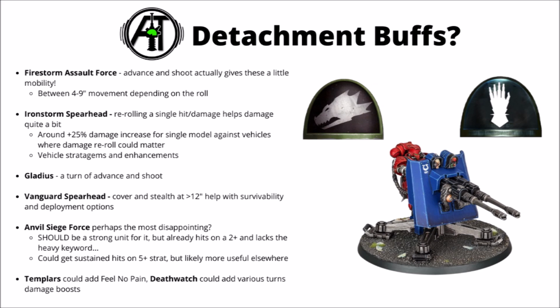Otherwise, Gladius could give a turn of advance and shoot. Vanguard Spearhead would be nice enough with stealth at greater than 12 inches. That would mean that it's even harder to remove at long range. Getting cover at that range could also help it just be a bit more flexible with where you want to